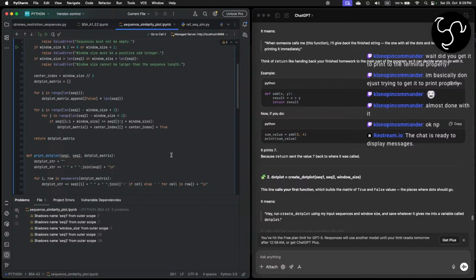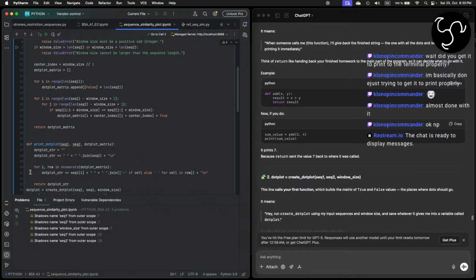I still don't know what other ways you could approach this, especially these parts, which just feel like you could do in different ways. Maybe for j, column in enumerate? Can I do that? That's still going to work, but